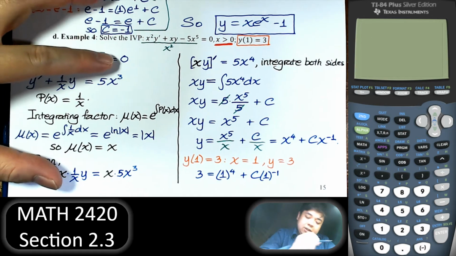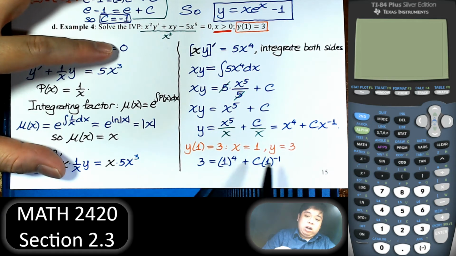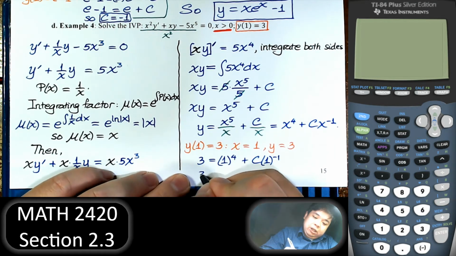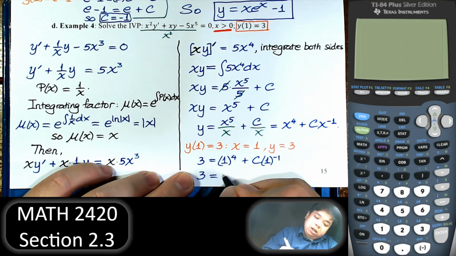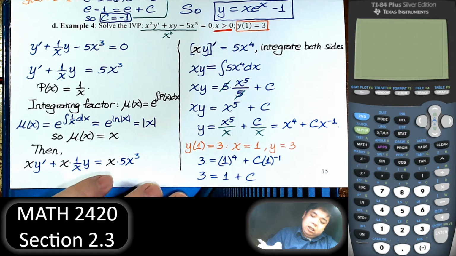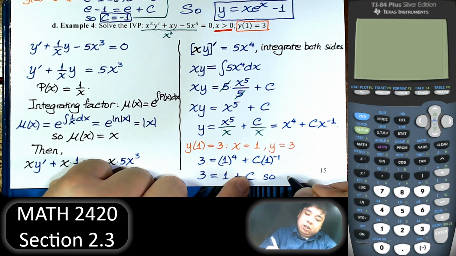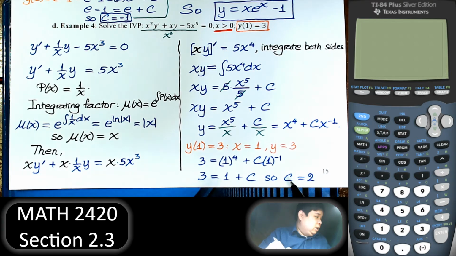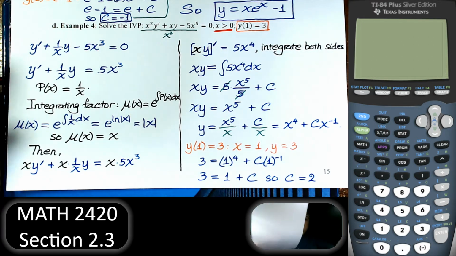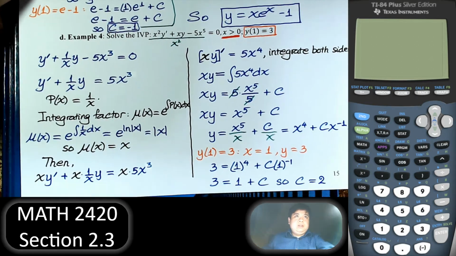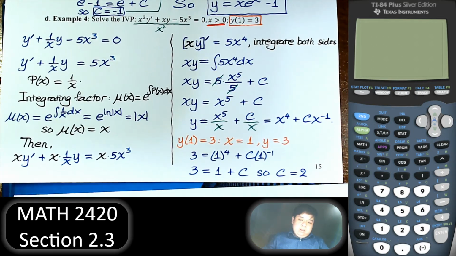Right, 1 to the 4th power is still 1, and that's still 1. So 3 is equal to 1 plus c, so c is equal to 2. But like I said, we have space on the next page. With that we have,